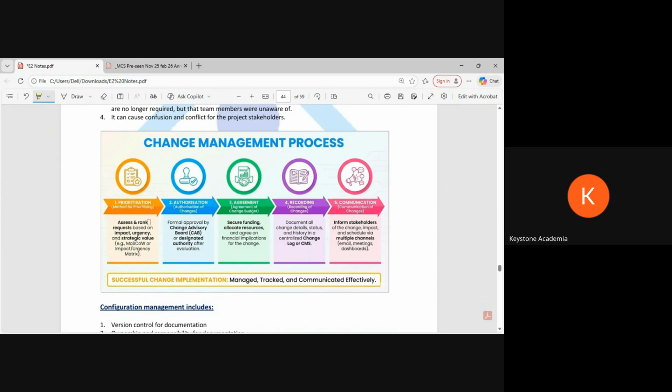Prioritizing, you're talking about looking at the things which matter the most, the most urgent one first. Then obviously authorize it, agree with the stakeholders, record the changes. Why is recording important? So that it can be used for training. And again, it's not the last change we are going through. In the future, we'll face some more changes. At that time, these learnings can be used.